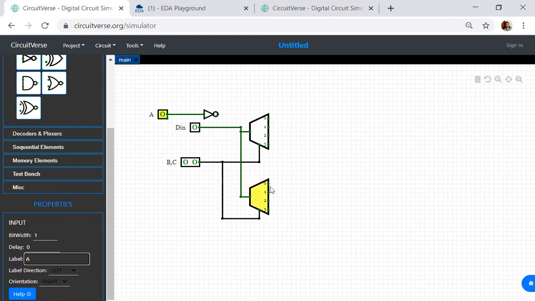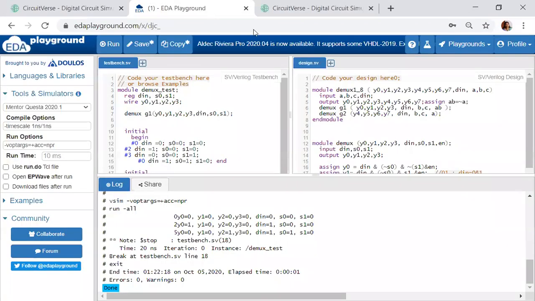But what is changing is the output is Y4, Y5, Y6 and Y7. Select line is B and C and D in is D in only. But what goes to the enable over here? Directly A goes to the enable. So the same thing I've done and I've written the program. This is instantiating and writing. You can use smaller designs to implement higher designs. And next you can redo and edit the test bench, and verify and check if you're getting the results for 1:8 demux.